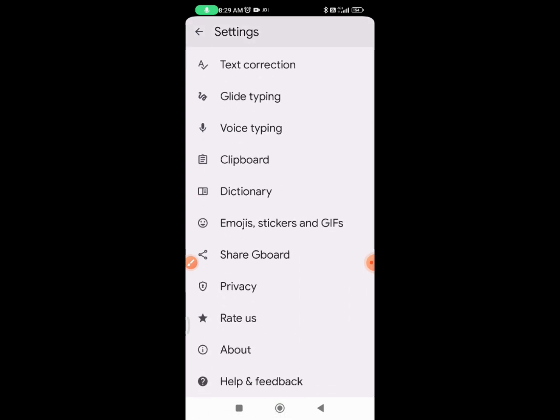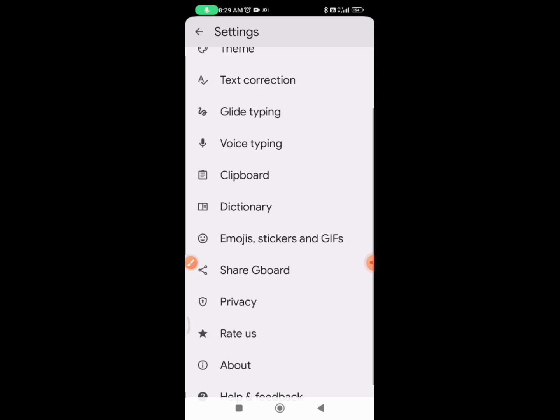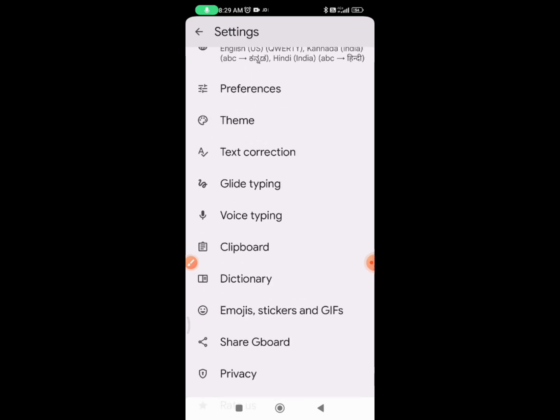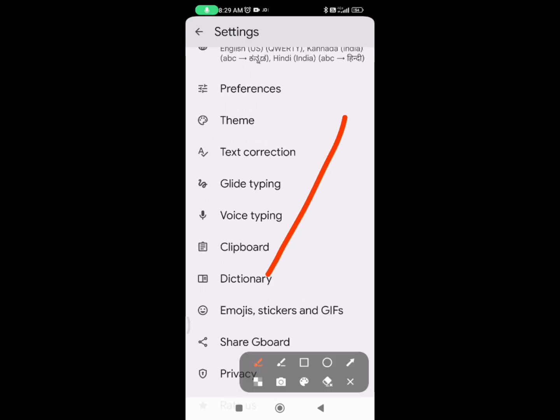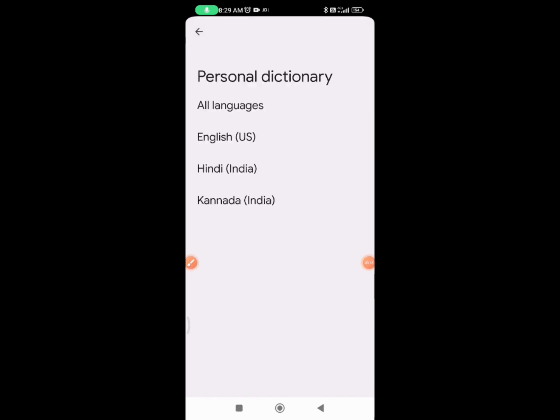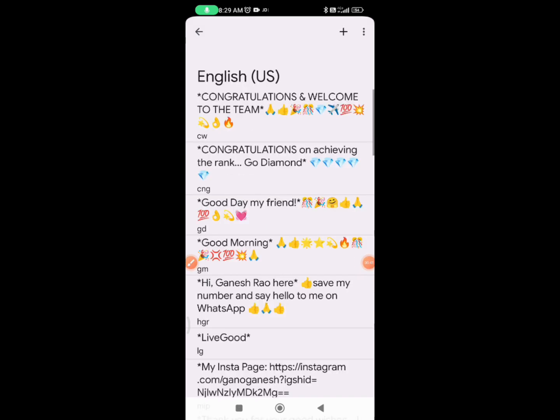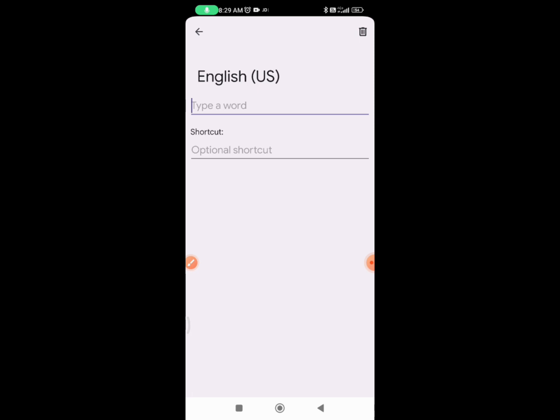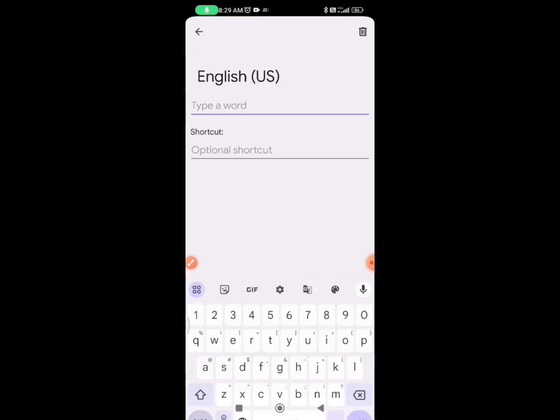Just install it. Then come to dictionary. You can see this dictionary. Okay, come to this, touch this, and personal dictionary. Select English. I haven't tried other languages. Just, if you want to create something, put your link here. Okay, like my link is